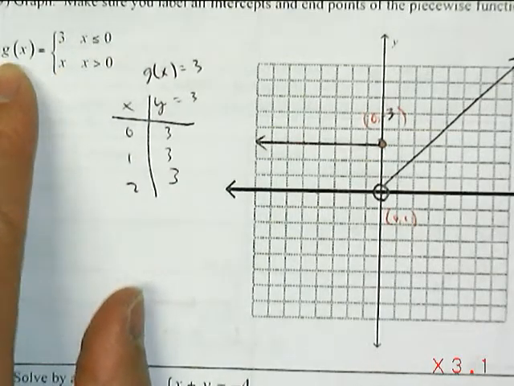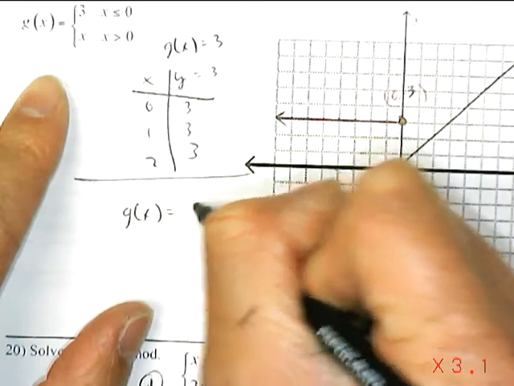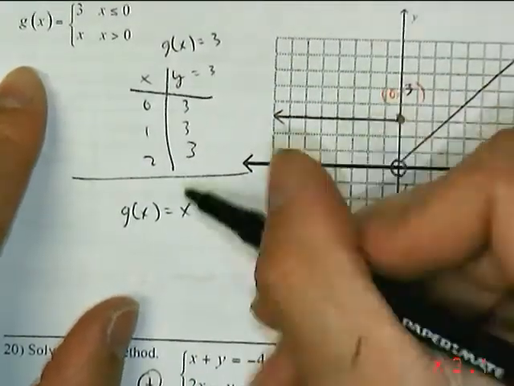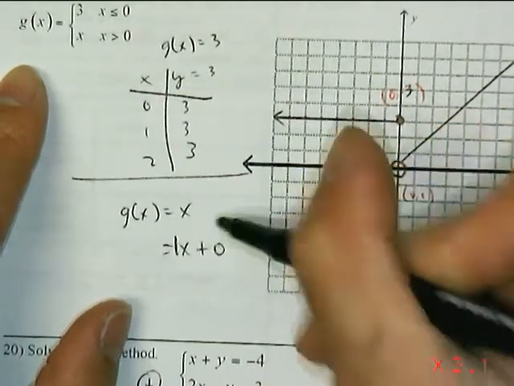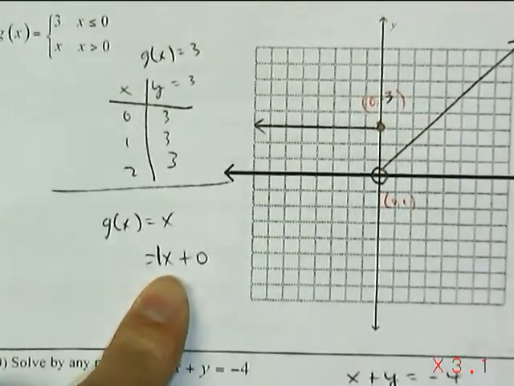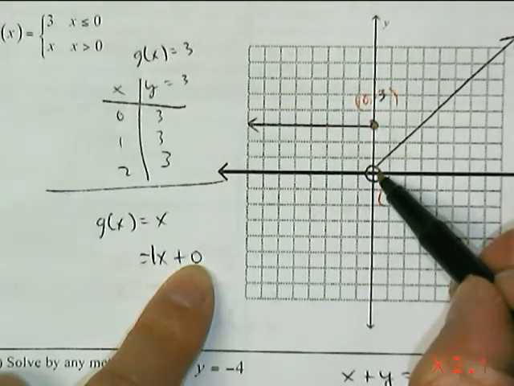Let's graph this next one. g of x equals x. Well, you can add some 1s and 0s that might help. If you add a 1 in front of that, that's your slope. And if you add a 0, that's your y-intercept. Essentially the same. So I'm going from the origin, that's my y-intercept of 0, and a slope of 1,